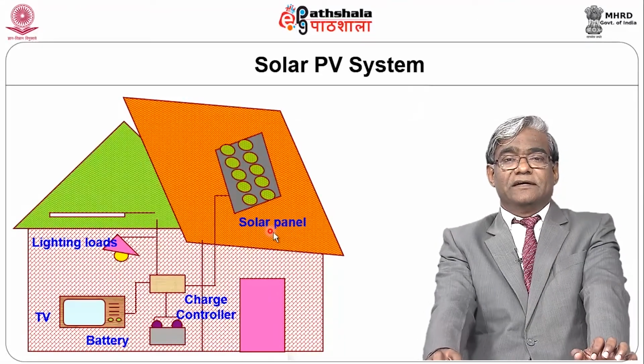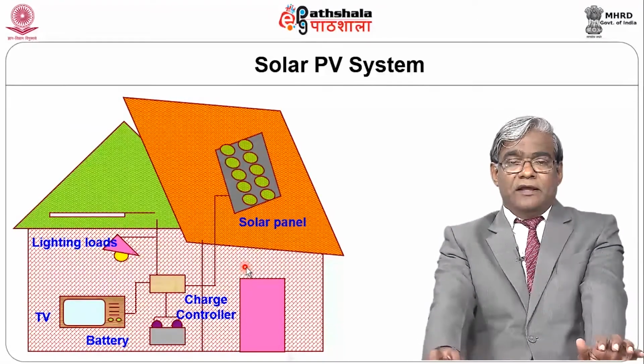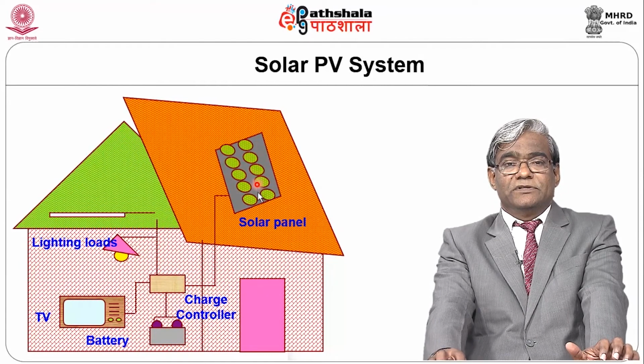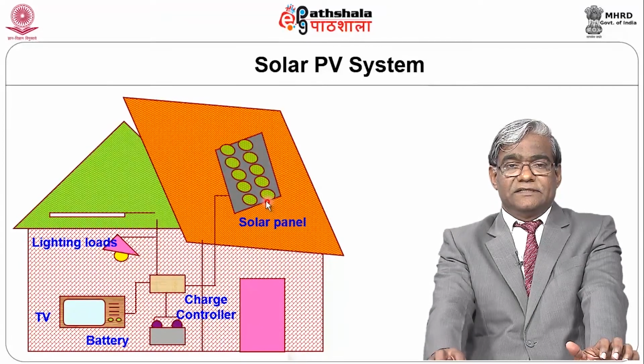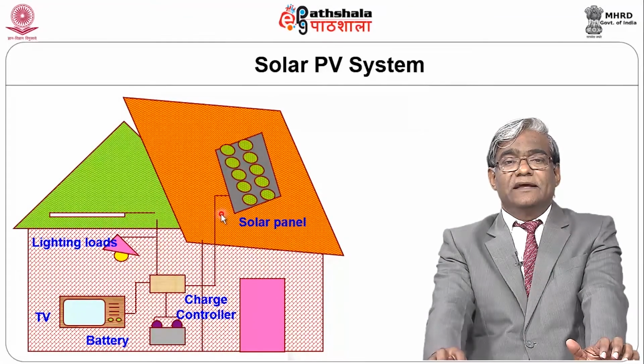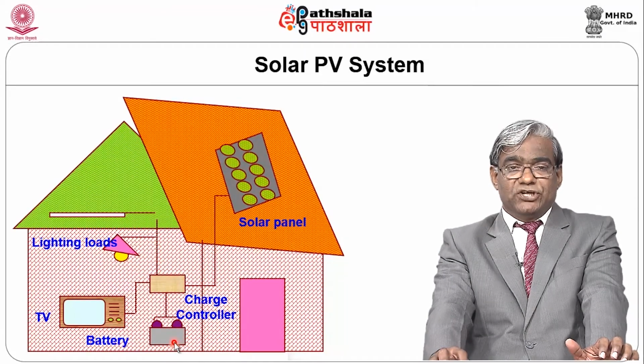This is a typical solar PV system at home, and this is the solar PV panel installed at the rooftop, which may be a multicrystalline solar cell, commercially used nowadays. From the solar panel, electricity is generated, and of course you have the solar PV system circuit. There is a charge controller, and this is the battery. The charge controller helps the battery with charging. It avoids